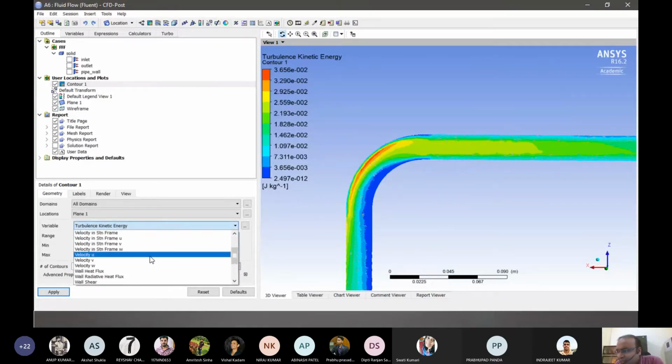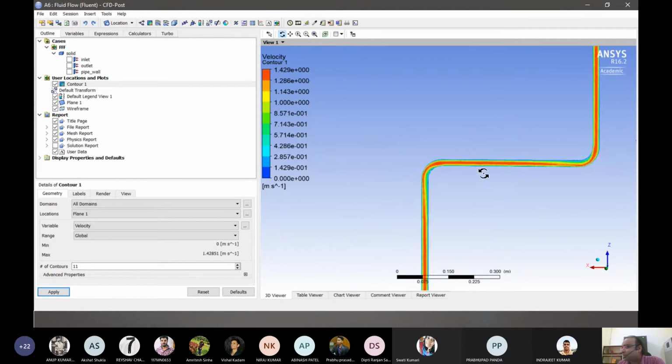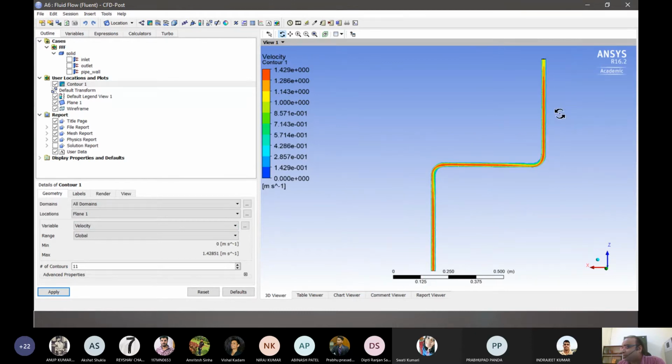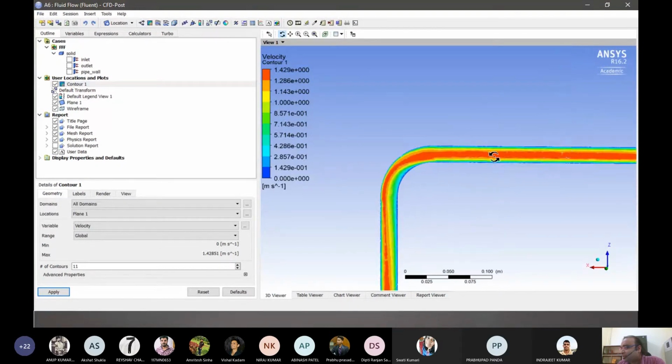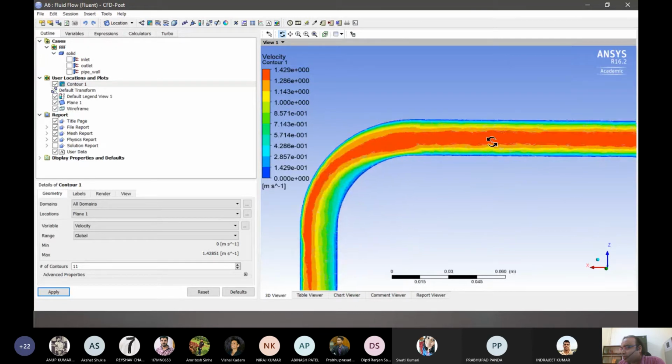There can be heat-related issues, but we'll see them in the next simulation. And that's it, because velocity we have seen, and others are not that useful for now. If you want to plot velocity, we can plot velocity here as well. So how the velocities are changing with respect to the center or the edges, and with respect to the corners, which part has the high velocity and which part has the low velocity.